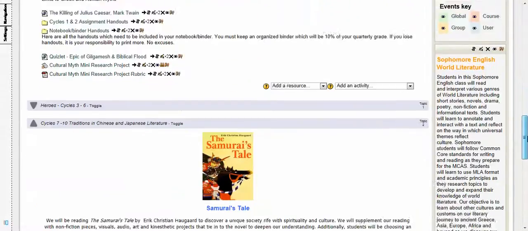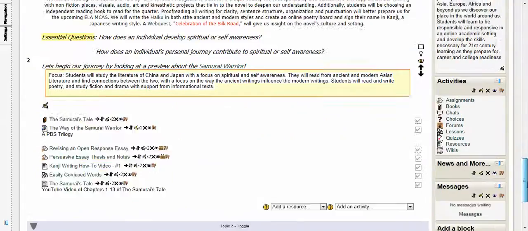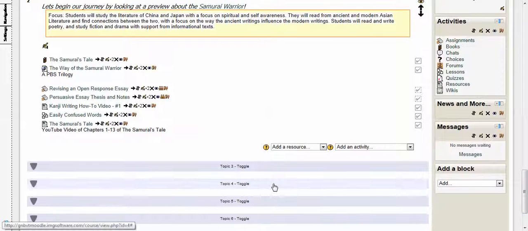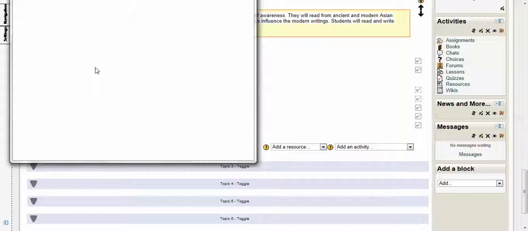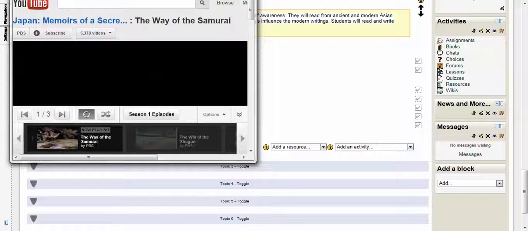One other way that I want to show you real quick is that you can just simply do it the way that I did it here, the way of the Samurai Warrior. This is a PBS trilogy, and I couldn't save it any other way. So you can always just put it as a URL. You can list it as a URL and just open up the URL the way you would with any other and link it like that. And just come right up. Make sure that you click the drop down and put